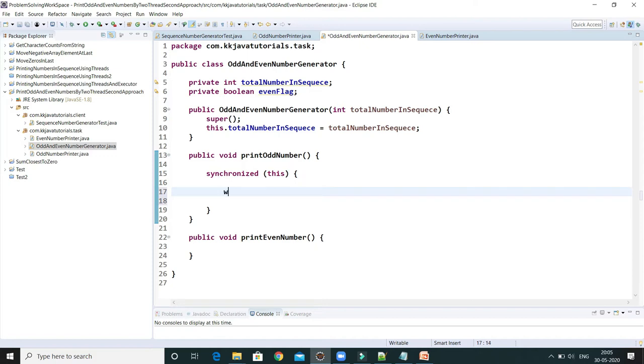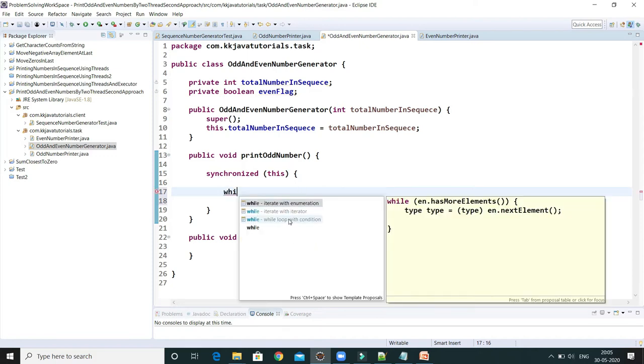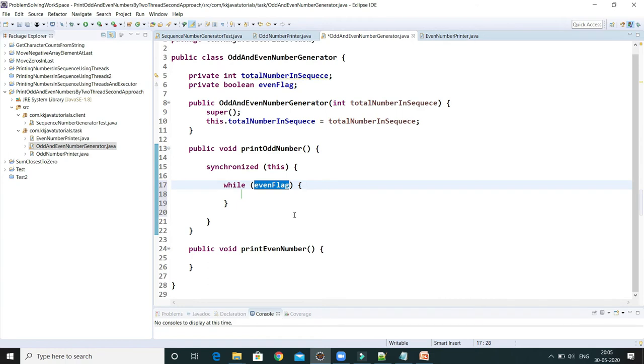Now here we have one while loop, and in this while loop, as this method is printing odd numbers, if the even flag is true, then the thread has to go into the wait state, right?